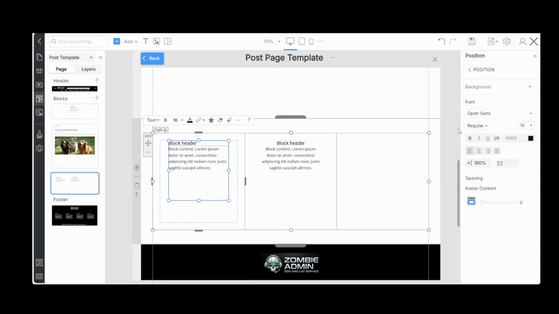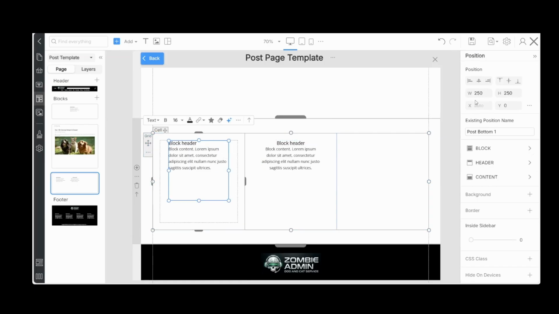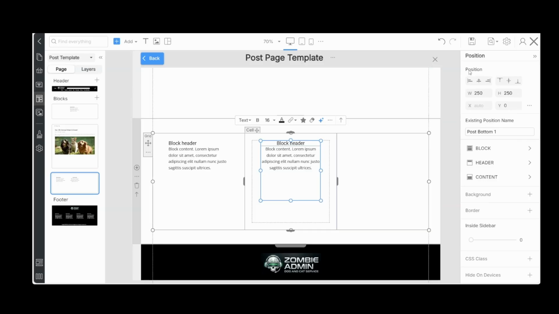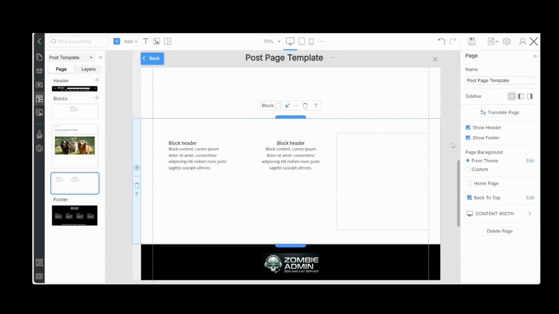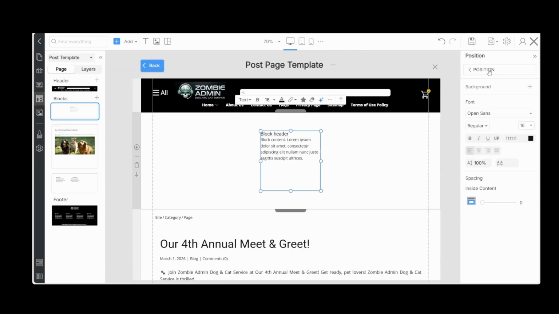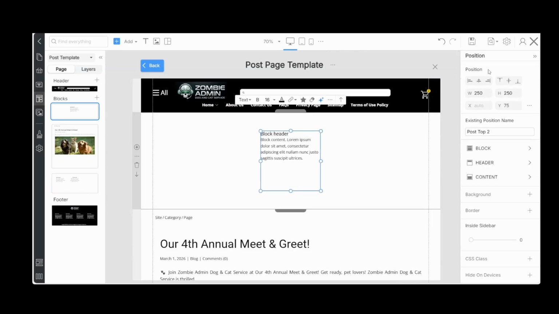I'm going to name this position 4. And this will be position 5. Let's save.